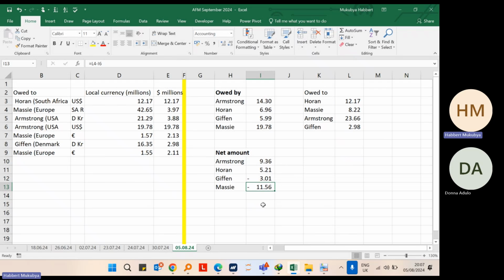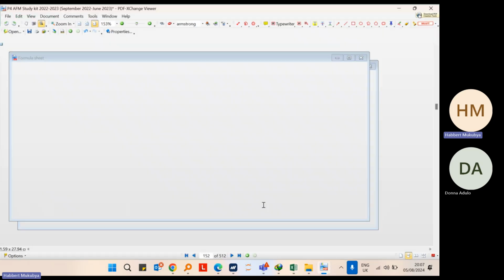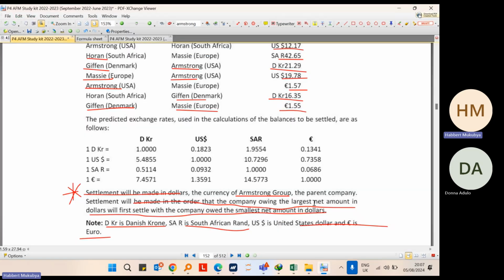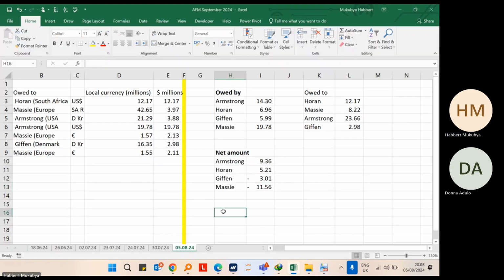That is Massey. Then followed by Giffen. Armstrong has the highest receivable, then Horan has the lowest receivable. And they say it here in the statement, they say that the company owing the largest net amount will first settle with the company owed the smallest net amount in dollars, which means that Massey